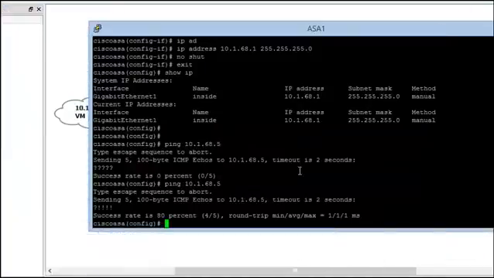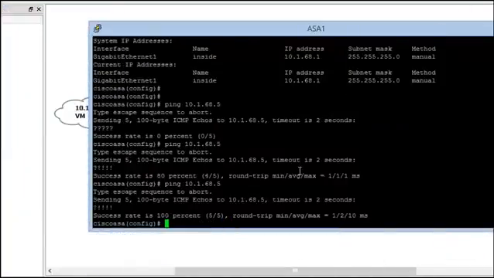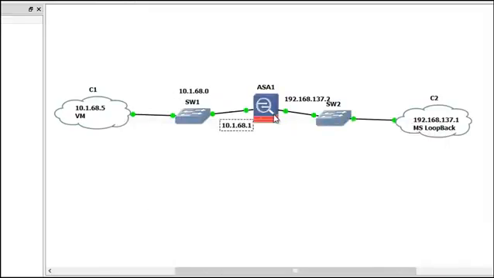So I'll show you here. There it is, 100%. We have a 0 loss ratio for any dropped packets. Sorry about that, y'all. Okay, as you can see, it was a successful ping. So that's good. Step 1 is done. Now let's go to step 2, and that is trying to get this thing to go to